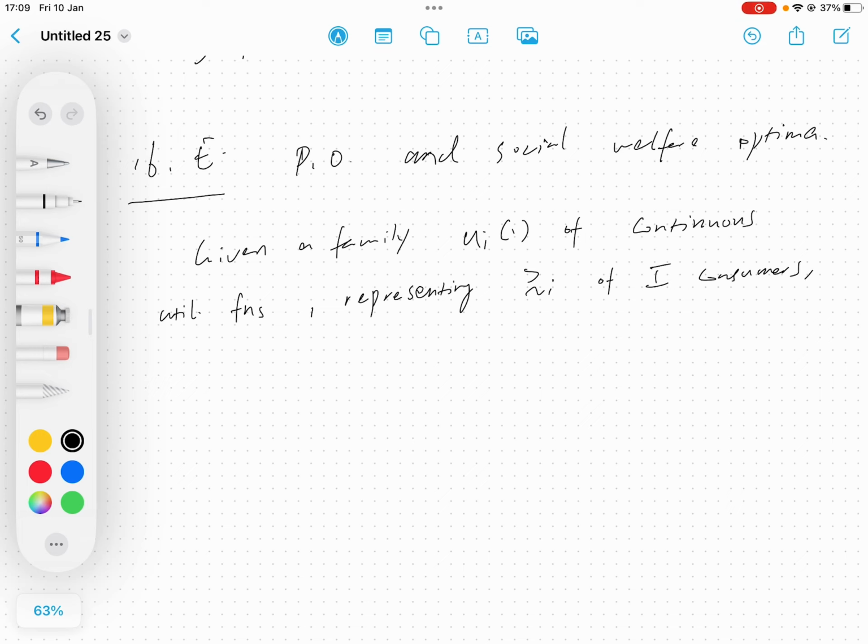Then we can capture the attainable vectors of utility. So essentially this u_i, we're going to come back to later, okay, so let's first finish this. The attainable vectors of utility levels for an economy